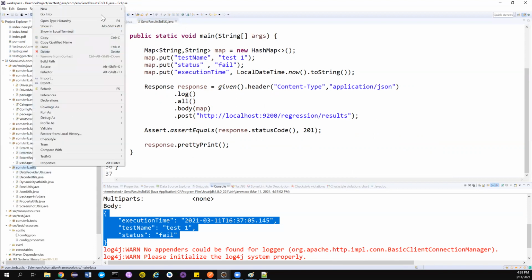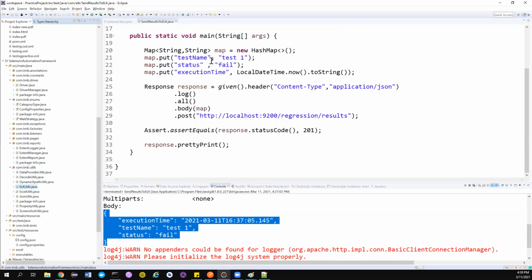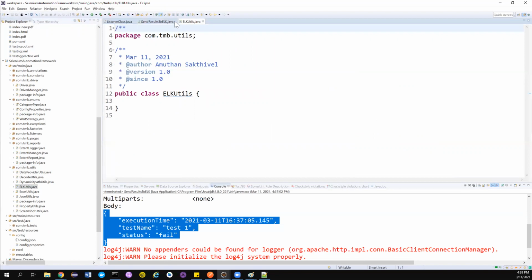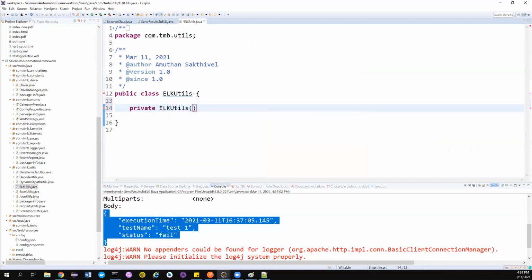Let me go here and create a new class called ELKUtils. Once you do this, I can create a method here. As I already told, add a private constructor just to avoid external initialization, because I will not be creating any non-static methods here.